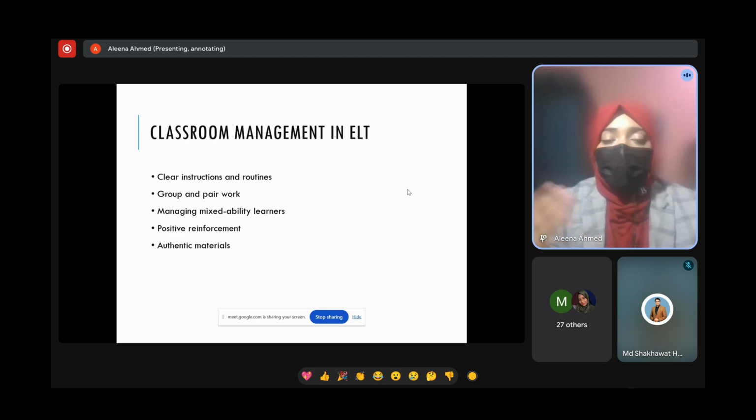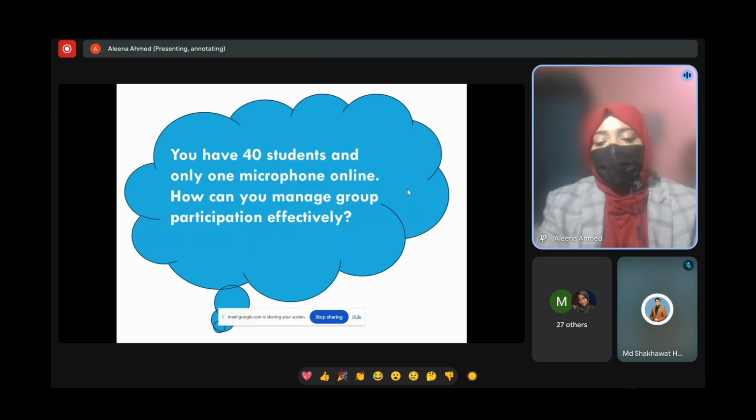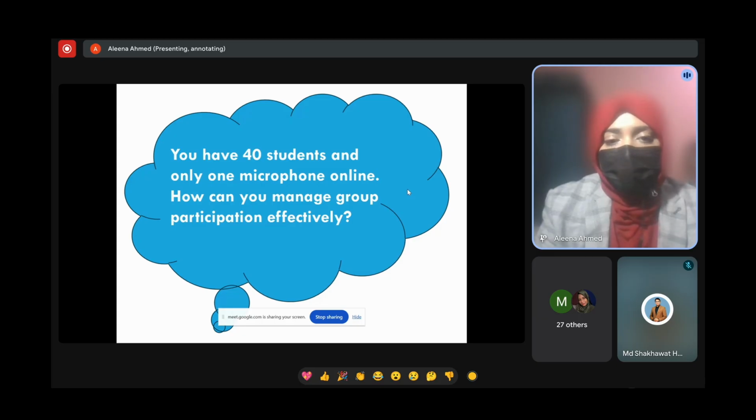Like we can teach the English language through newspapers. We can also teach English language through journals, through brochures, through the ads they're watching on the TV. This is quite authentic compared to a history topic, right? So this is what I mean by authentic materials. And we are running out of time, so we will move to the next slide, and the slides will be shared with you later. You can see these quick quizzes on the presentation.